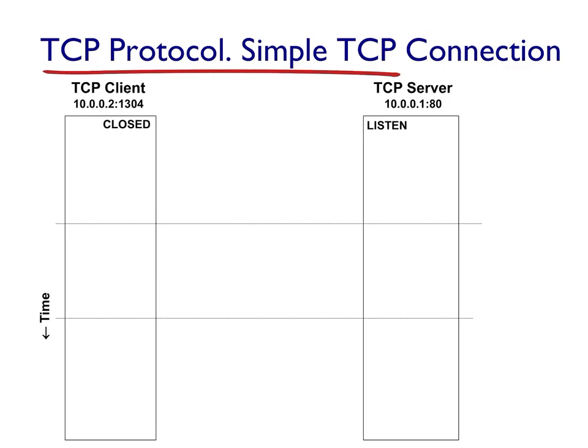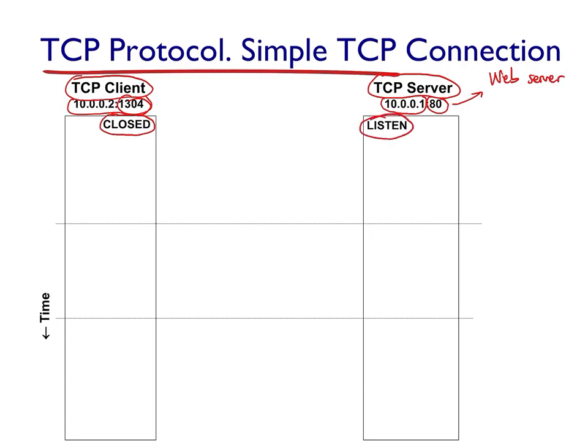So this is a simple example of TCP connection. On the left, we have the TCP client with the socket with a port above 1023 and in state closed, waiting for connection. He wants to start the connection. Then the TCP server is on the right, with IP address and port. In this case, we can see that this is a web server